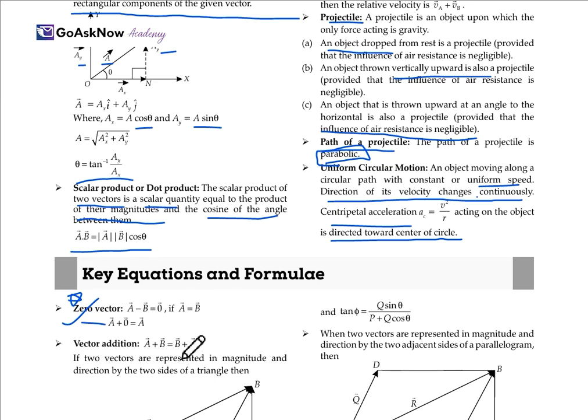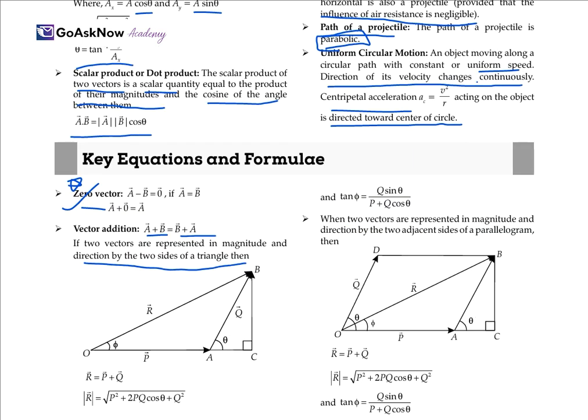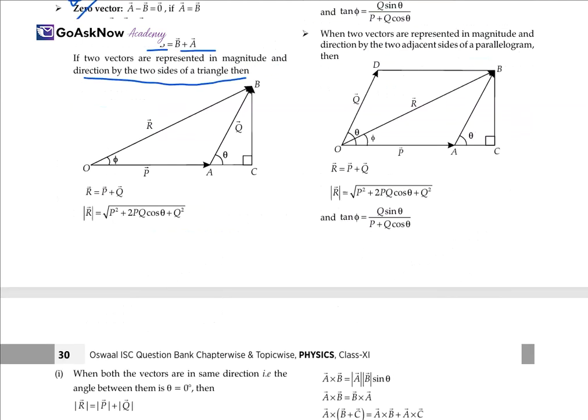Likewise, we have some more questions, which are 1 mark based questions. You'll have to simply find them out. Acceleration: why so? See, a body is traveling in a circular path and it only has uniform speed. Now, the acceleration is in a direction towards the center. So, option C is correct.